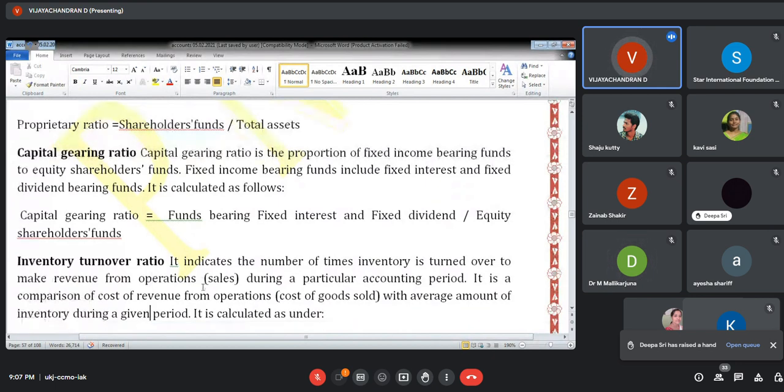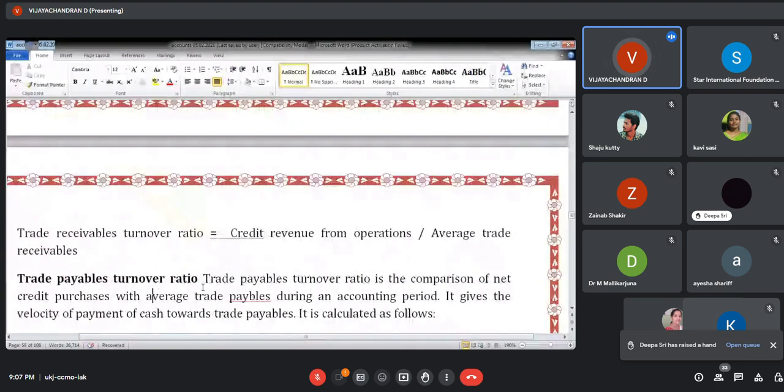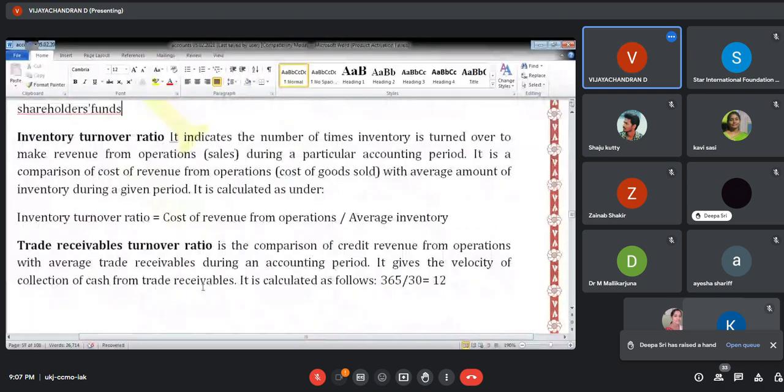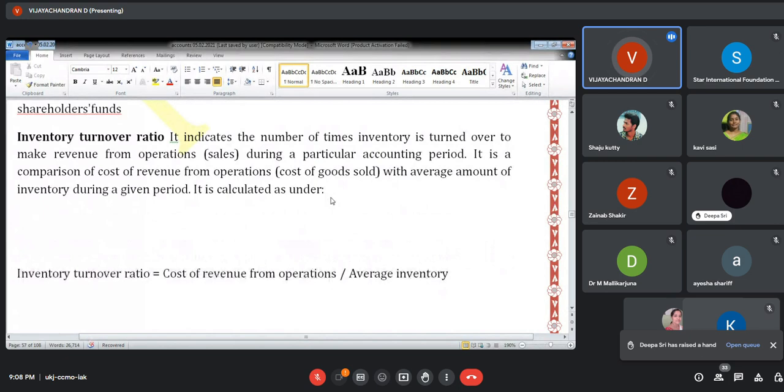Then inventory turnover, as you know, is based on the sales, I should not take much time. Inventory turnover means stock. So how many times? Here you have to take only the cost, not the sales. You have to take only the cost of goods sold. So what is the formula for cost of goods sold? Can you say? Cost of goods sold equal to,